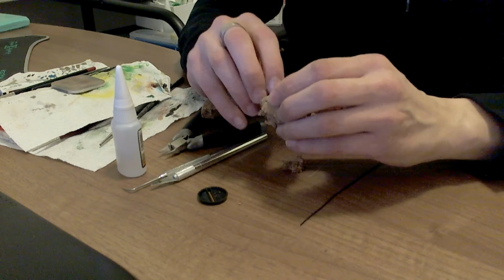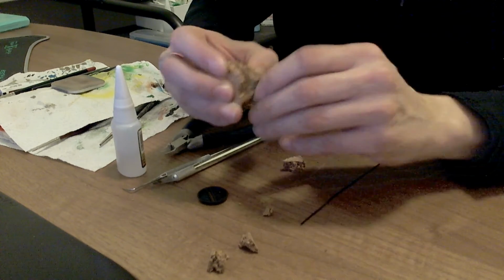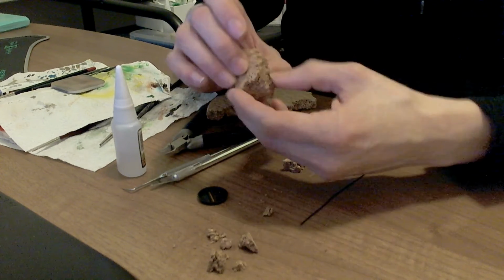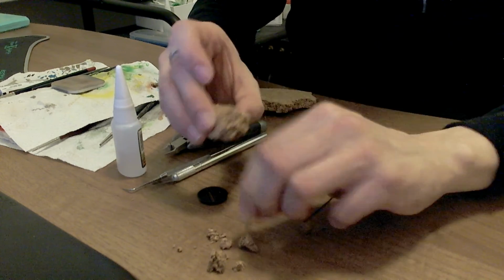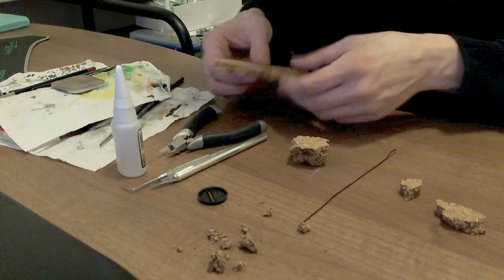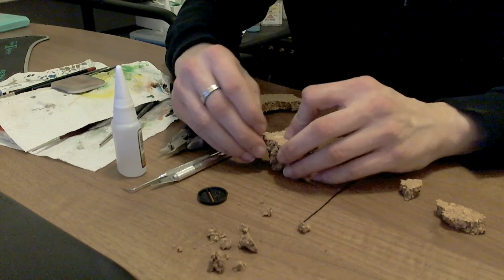I think the logos should be a little bit smaller, so you can just break off anything you don't want with your fingers at this point. It's not that hard, because I want to give a little bit of dynamic. Like the top one may be the biggest, so I need a bigger piece for that. Maybe like this, a little bit too big, but